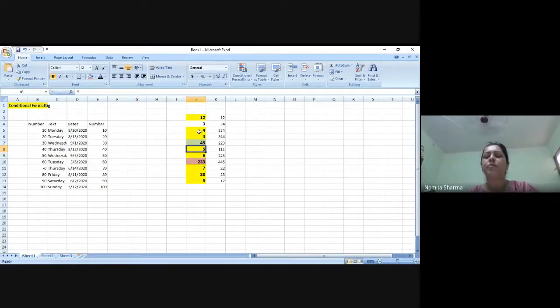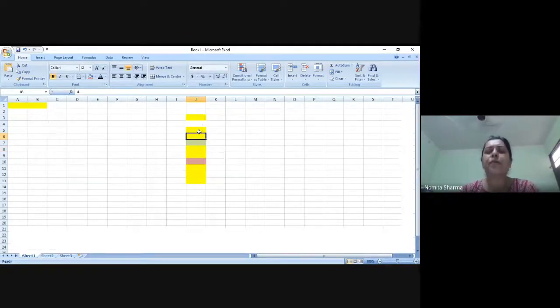Now, by default, we assume that whenever we are going to work on data, it will never be the same, right? For example, we are not going to have the same roll number for all students. So roll number is a unique ID for each student. We might have same names, so we may want to highlight that as well. We might have same names with the same surname only, or with only the same first name also. So depending on the requirement in any company, maybe in a college or in a hospital, I may want to highlight that particular data in the sheet.